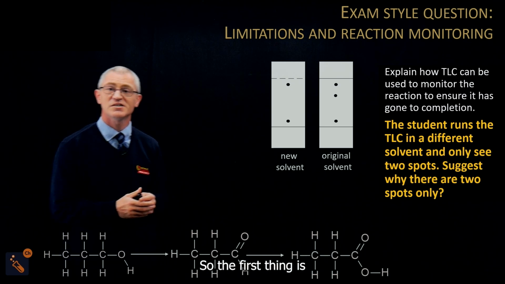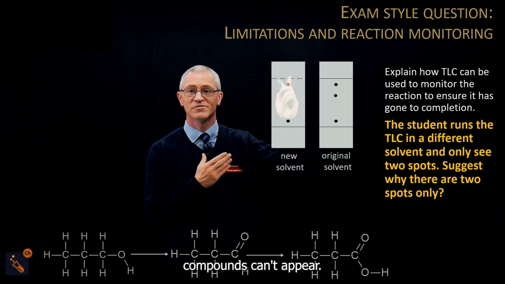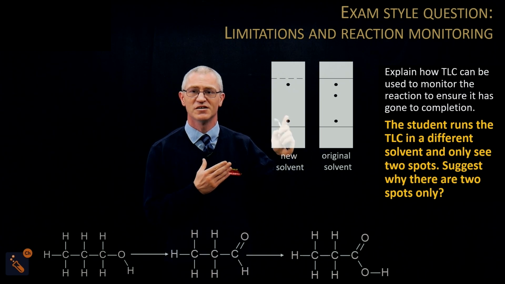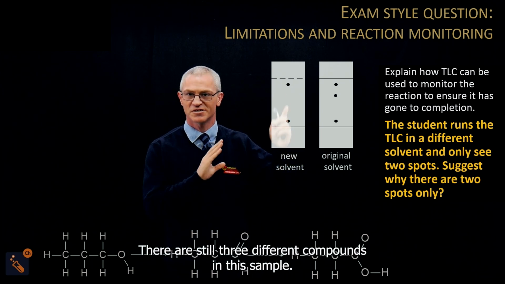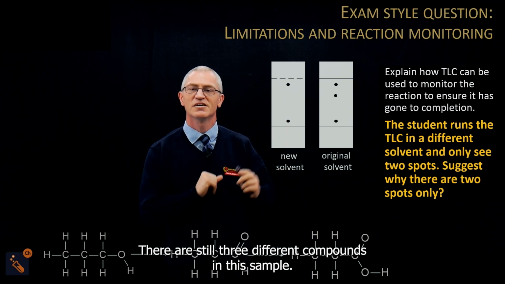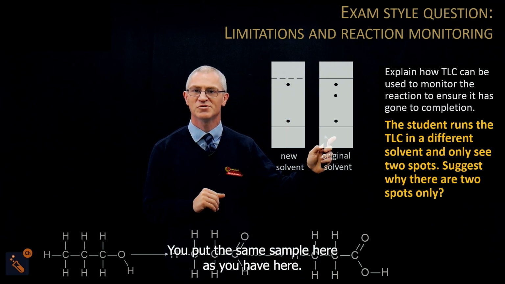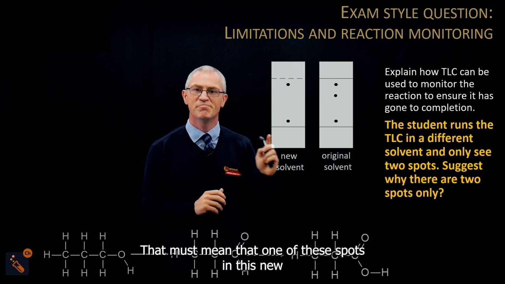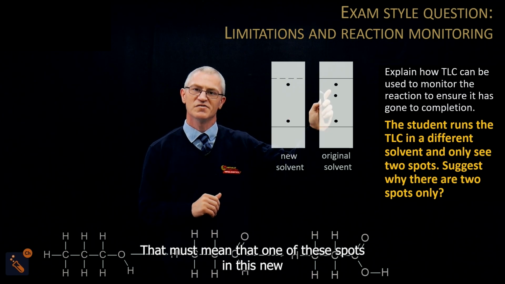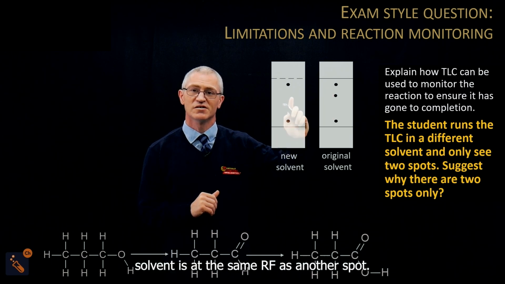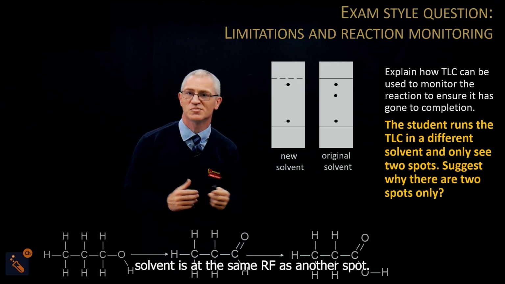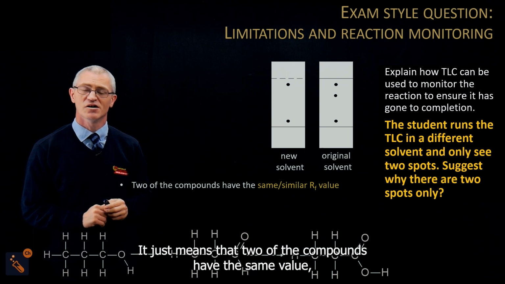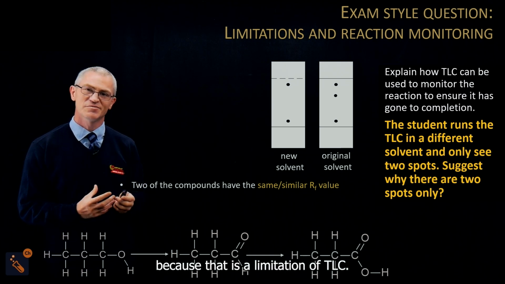So, the first thing is, compounds can't disappear. There are 3 different compounds here, 2 compounds here. No, there aren't. There are still 3 different compounds in this sample. You put the same sample here as you have here, so there will be 3 different compounds here. That must mean that one of these spots in this new solvent is at the same RF as another spot. It just means that 2 of the compounds have the same RF value, because that is a limitation of